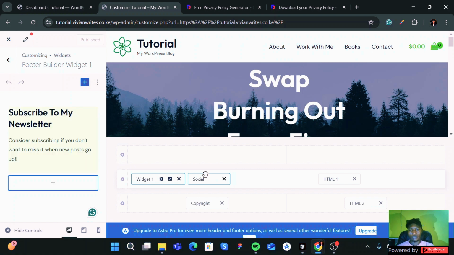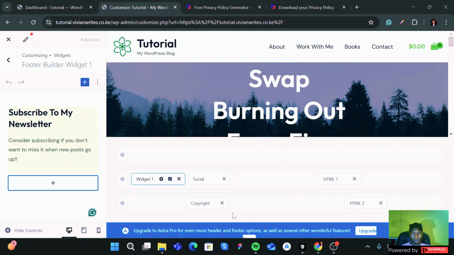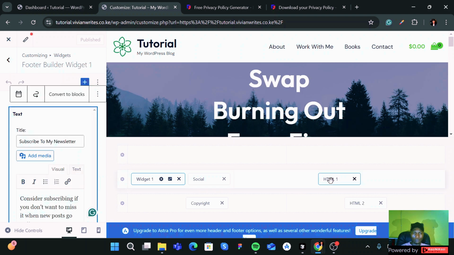Okay, my battery is running out. You can do the changes, change the name, the description here, and then you will also do the changes in the HTML here, and just do the adjustments. All right, that's how you can